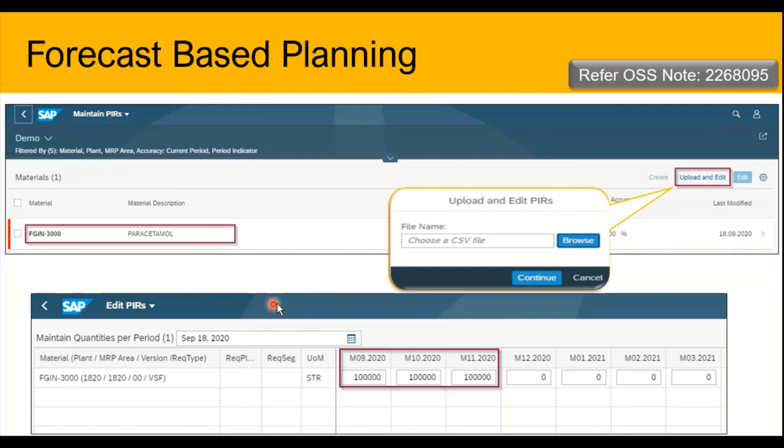Once the user has uploaded the forecast of material or multiple materials in the following periods, he is going to see the demand in this particular tabular format, and this format will be based on the period criteria that he has chosen to upload the demand. Should it be in a weekly format, a daily format, or a monthly format, or any specific days format, right? So here the user still has the flexibility to edit the demand that he has uploaded through this option, and then continue with the MRP run.